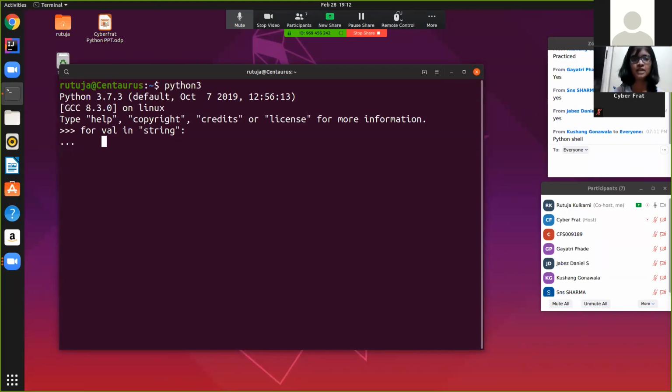As we all learned for and while loops in the last session, I don't have to repeat what exactly it is, but I'll still give you an idea. We have used the for statement, and in the whole string, val means the value of every element in the string. That is what val means. Let's say if val equals anything which you want to hide. For example, if we want to hide the vowels, a, e, i, o, u, here we can see i is a vowel. So if val equals i, and you are hiding this,